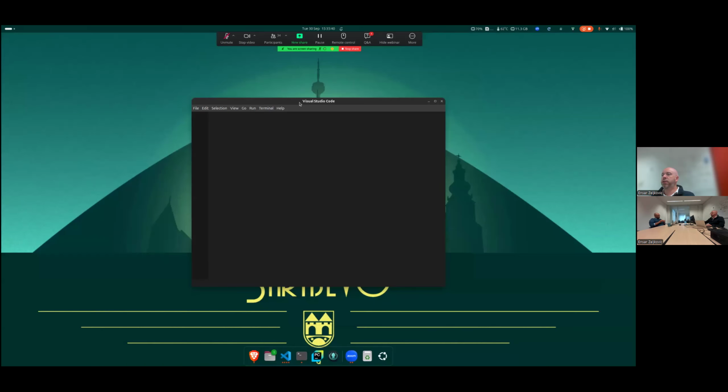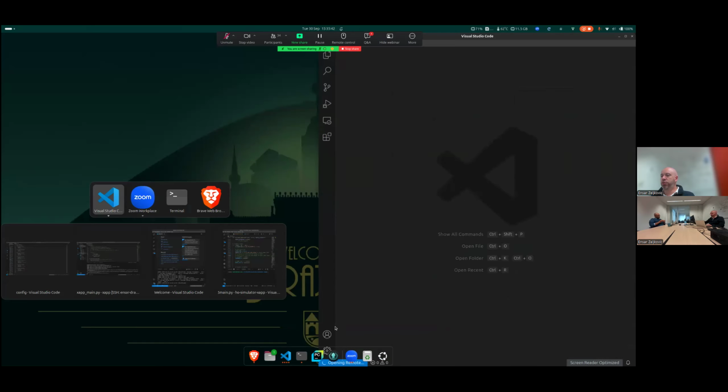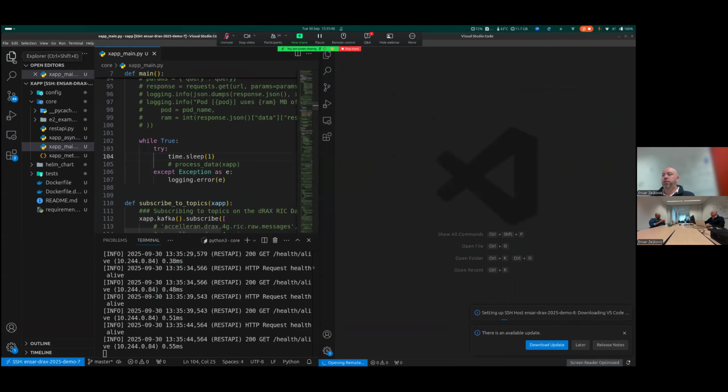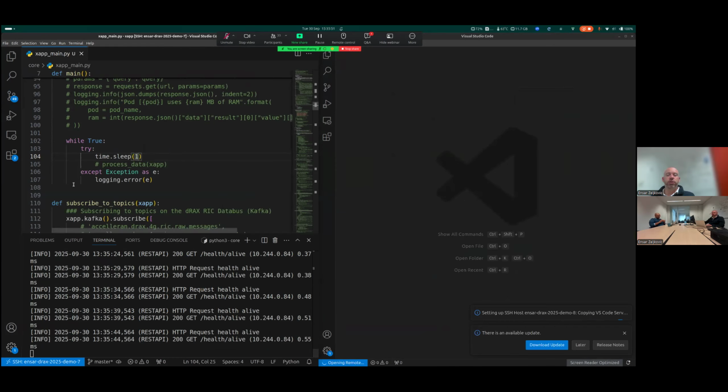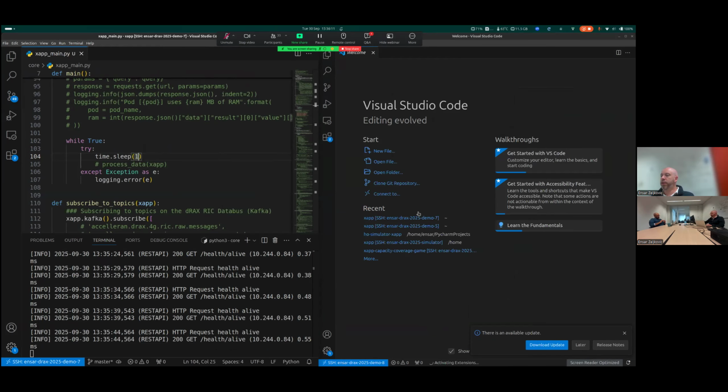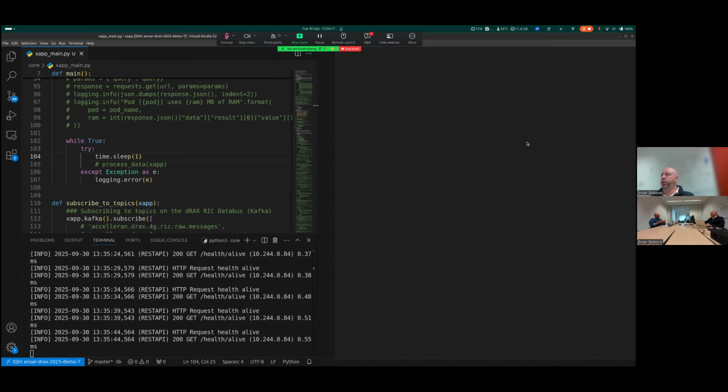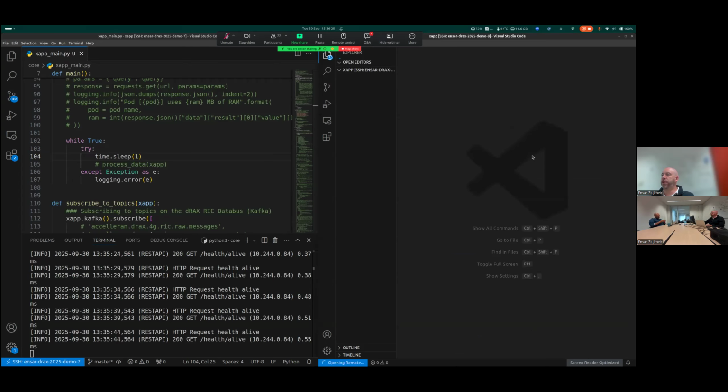Let me put this to this side of the window, and let me put this one on the other side. So now the left part of the screen is demo 7, the one that's publishing things at the moment, and on the right-hand side we have demo 8, which we're just setting up at the moment. So it's installing that small VS Code server on the remote. Just wait a second to complete. There it is. Let's open up the folder here.